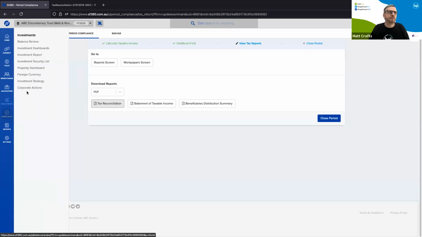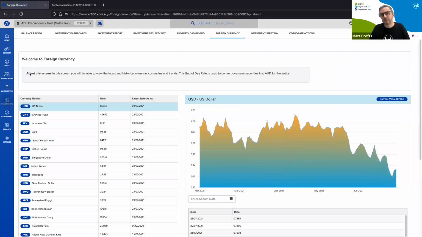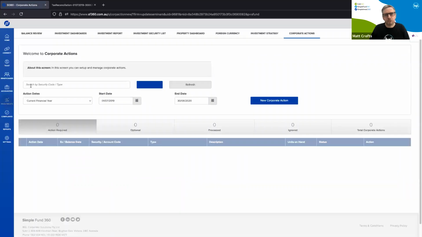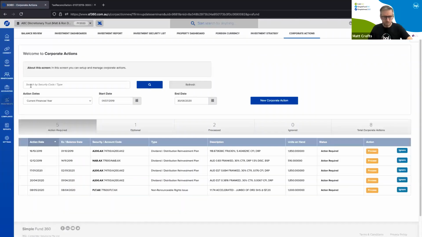So the other things that we do very, very automated is foreign currency translation. We can convert with all the data in the foreign currencies. We can convert any bank statement into AUD. The other thing, for the Simple Fund users, you'll certainly be familiar, is all the corporate actions. Those corporate actions can be processed very quickly.